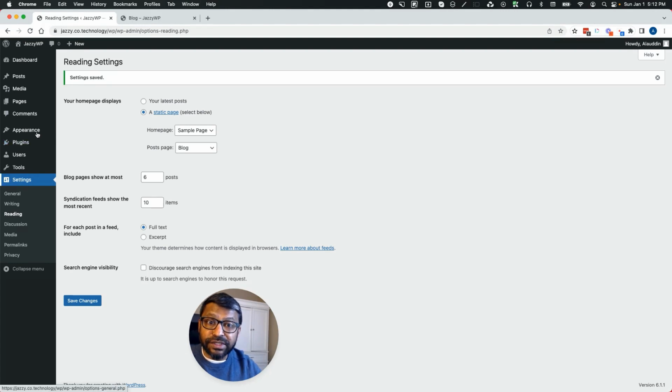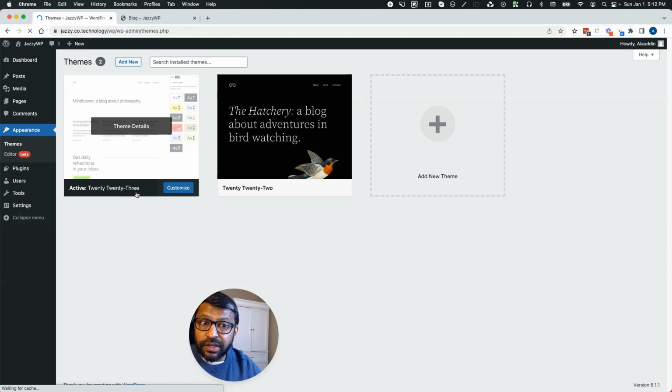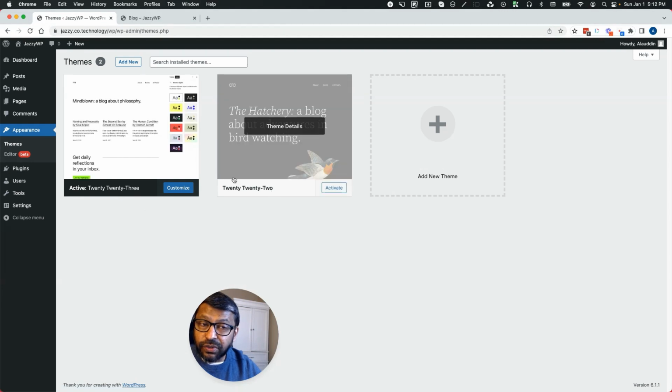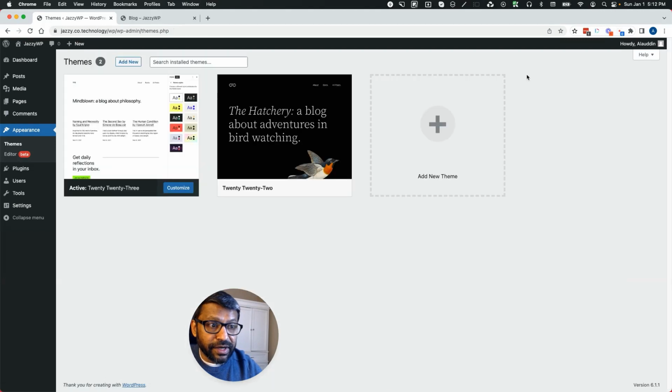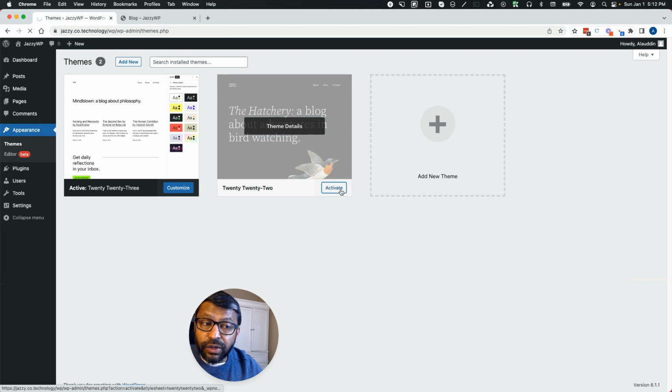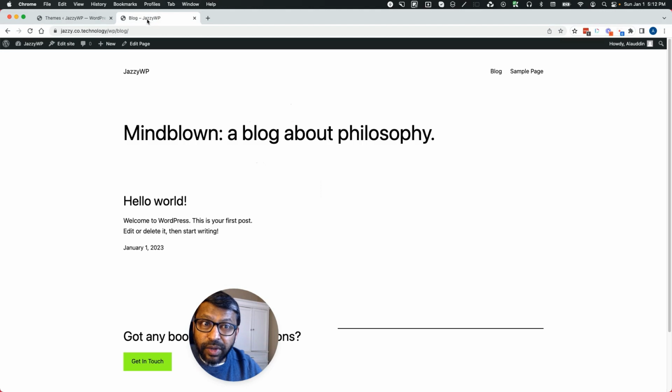If you noticed in our appearance, we have the 2023 theme and then the 2022 theme. These come default in WordPress. So if I were to change this, I don't want to delete it, I want to activate it. Okay, so if I were to change this theme and go back to my page